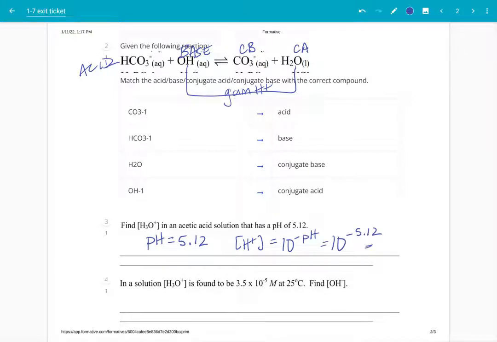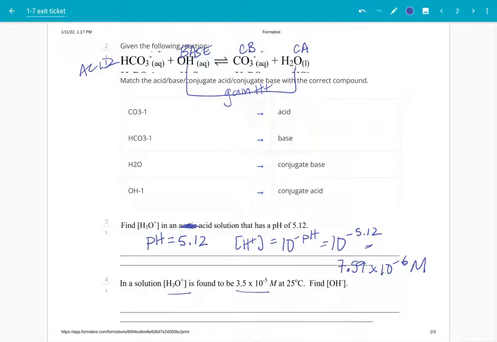You take the antilog, and that is 7.59 times 10 to the negative 6 molar. I think this was intended to be a strong acid solution. So we're going to ignore this as acetic acid because you wouldn't have known how to do a weak acid problem quite yet. And then the next one, in a solution, you have H3O plus